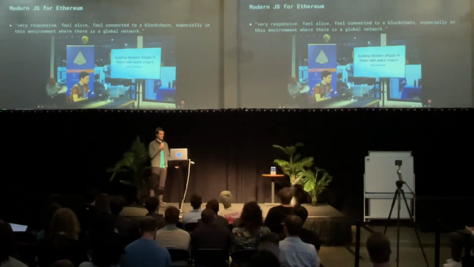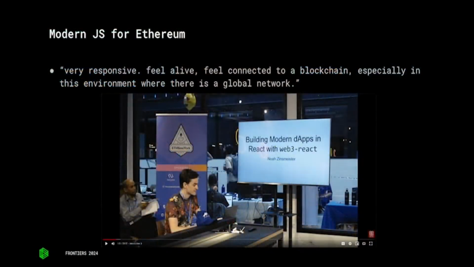Usually when I give a talk, I like to go back and look at some historical things that went on, especially in Ethereum. Everything changes very quickly. And in the JavaScript world, there was this talk by Noah Zinsmeister of Uniswap fame, where he was talking about building apps at an ETH Global event in New York in 2019. And modern back then, according to him, which, getting definitions from other people is always the move. You don't have to define stuff on your own.